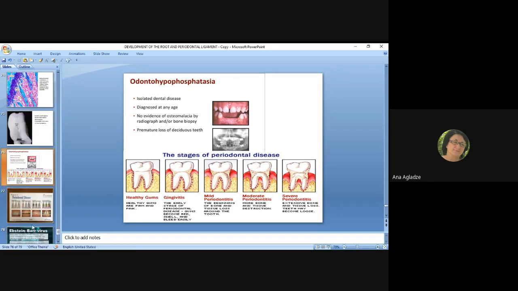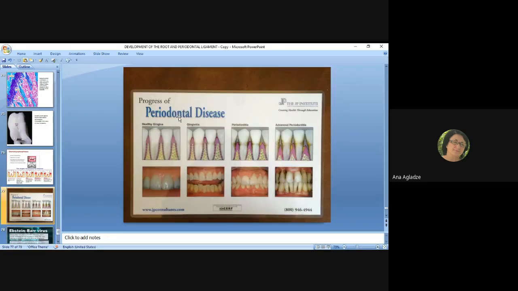And here you can see periodontal disease, which is very common in humans, and the most important clinical condition affecting the periodontal ligament is chronic inflammatory periodontal disease, in which toxic products are released by dental plaque lying in a gingival crevice and interacting with the host defense mechanism, including gingival crevicular fluid. These products result in the destruction and loss of periodontal ligament